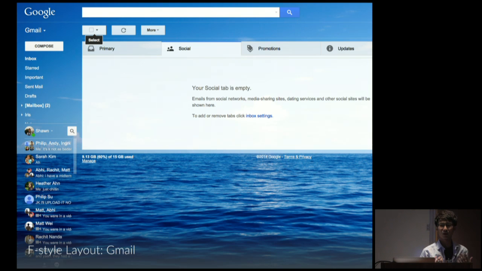The company that utilizes the F-style layout most effectively, most prominently all over their products would be Google. Google has a lot of different applications, but almost all of their apps utilize the F-style layout. Let's look at one of them. This would be Gmail. For Gmail, they have, again, branding, the logo on the top left, the search bar on the top right, because for Google, search is everything. So search should be really emphasized. And then they have navigation items on the left and the content on the right.